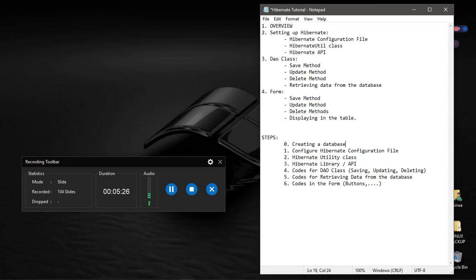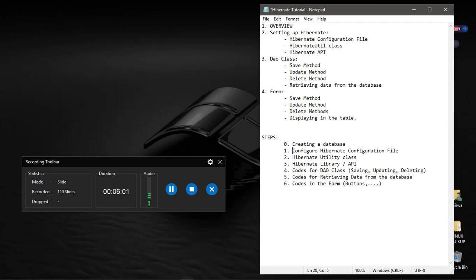We are expected to have a database, any database. If you use Postgres, of course you should have your Postgres JDBC driver in the library. If you use MySQL, you use the MySQL JDBC driver, Oracle, and whatever kind of database, we will use